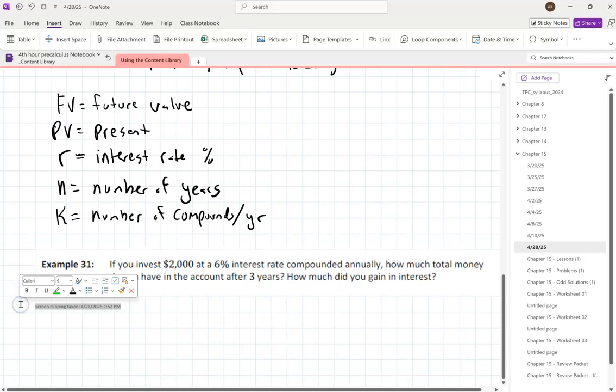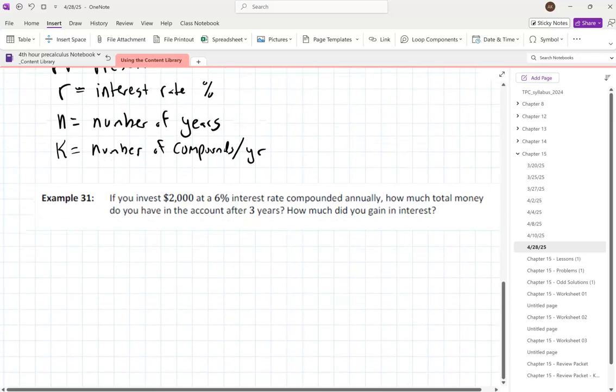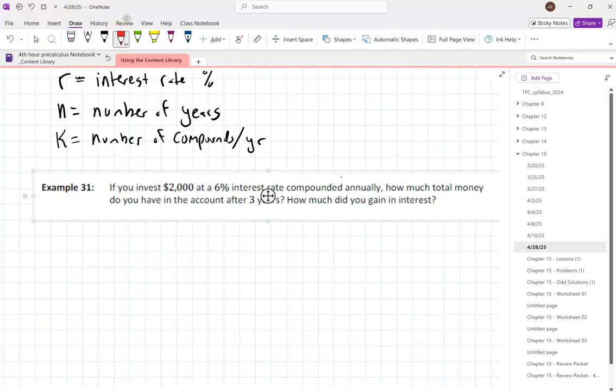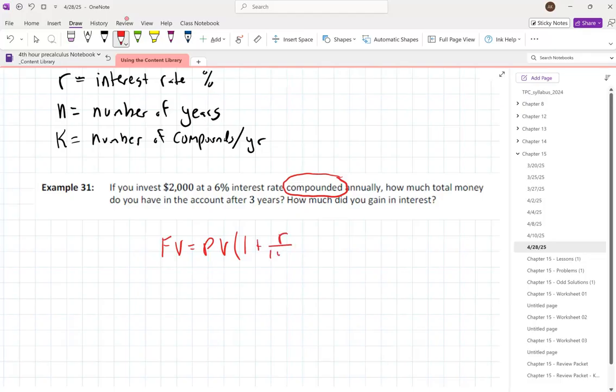If you invest $2,000 at a 6% interest rate, compounded annually. So when I hear that word compound, that tells me I'm doing compound interest. So I need to make sure I'm using the compound interest formula. Everybody's okay there? All right, so to fill this in,